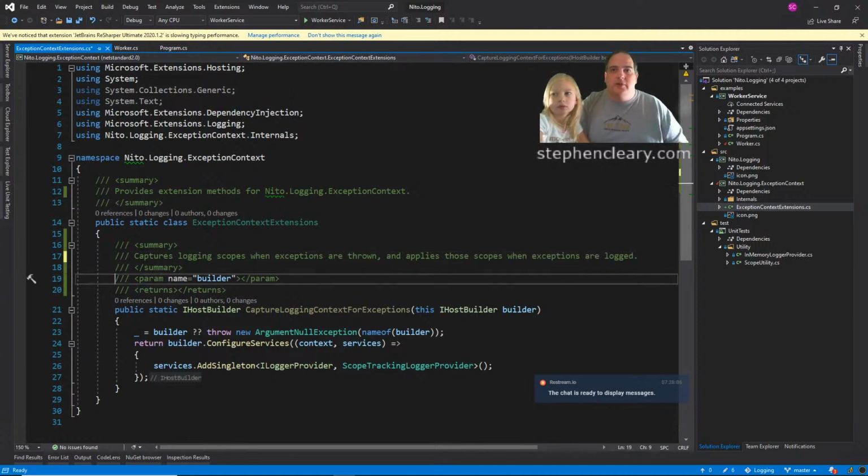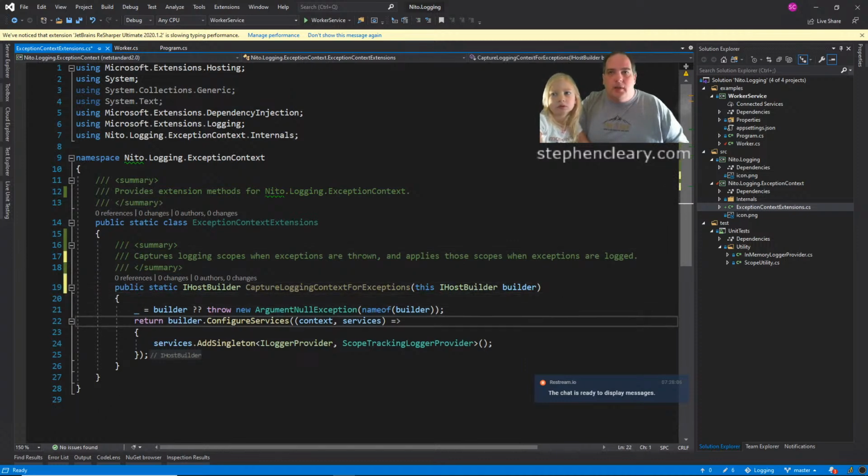Sounds simple enough, doesn't it? And the other thing that we need to do